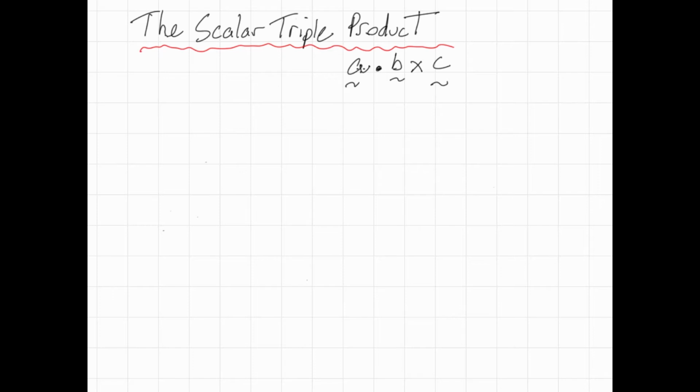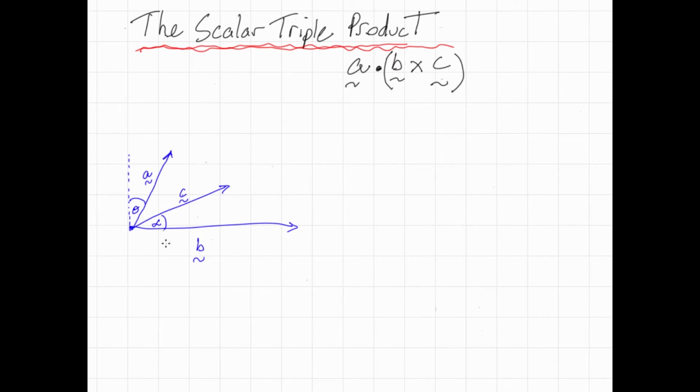So the way to do it is to do the cross product first and then do the dot product last. So just to remind ourselves, we might put brackets around that, even though they are superfluous. So let's just put these into a diagram, and we've got vector B, vector C. You can imagine those two vectors being in the page and vector A coming out of the page. And we'll go ahead now and calculate these step by step. So we've got this is equal to